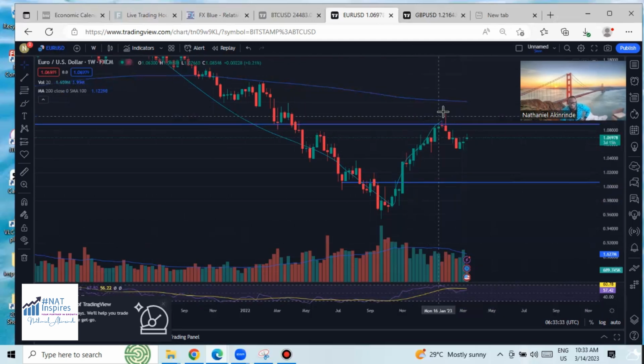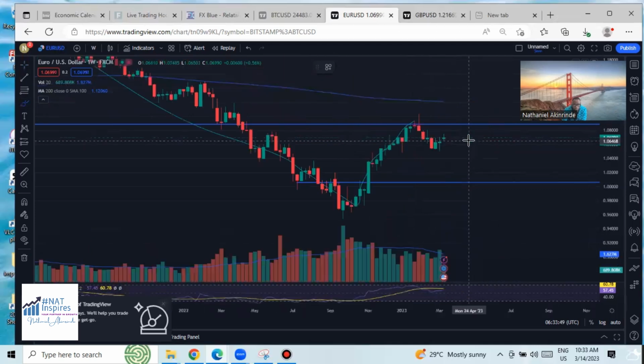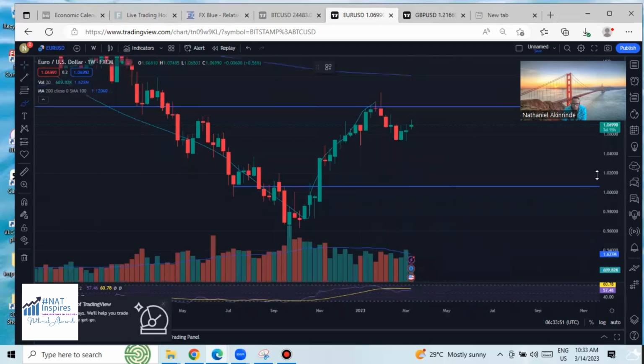So, we have the retrace now. The buyers struggling to go up. The sellers kicked in, breaking a little bit here. Then the buyers, I expect the buyers to do this. Today being Tuesday, I'll be monitoring this chart for the New York session. See what the buyers can do. This is on the weekly time frame. I'll be going lower again to my daily and the 4 hours, but I'll see what the buyers can do for this week. If we have a splash to the upside that breaks above, then I will have to,